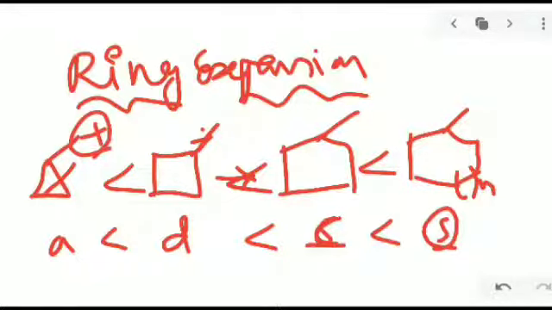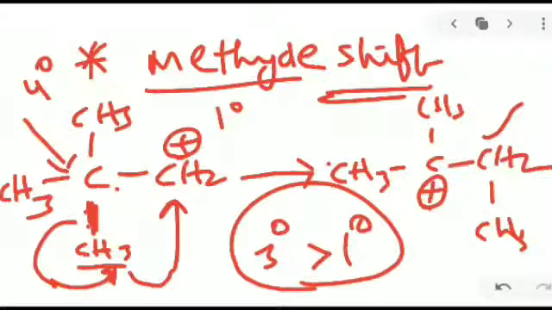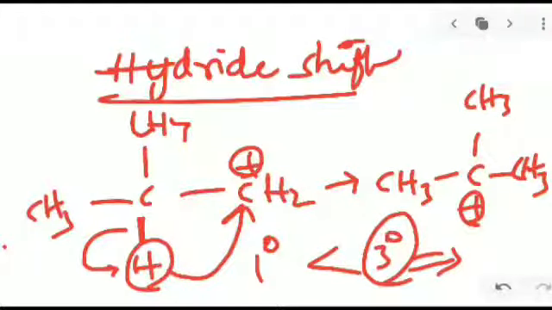Ring expansion means the carbocation is present on the outside of the ring. Ring expansion takes place in the presence of heat, so it will be expanded, and cooling down is ring contraction. So this is today's class: ring expansion, methyl shift and hydride shift. Okay, this is a very important thing, the stability order, which is more stable. This is today's class, and do subscribe to my channel and watch this complete video. This will be very important for our examination purposes.